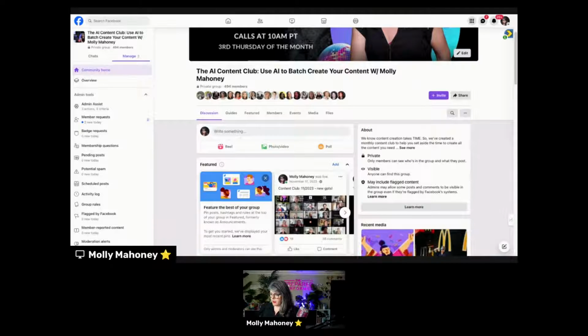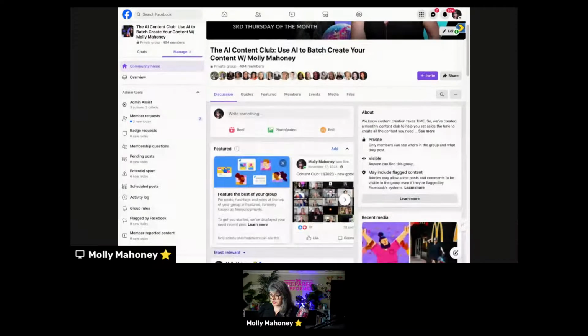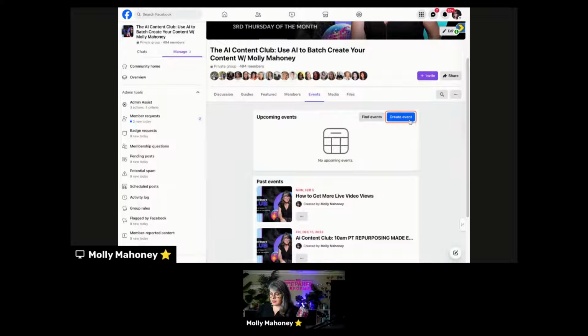Amazing. So now I'm going to go over here. In here, notice, oh, you can't even see it. That's cool. Okay, I'm right here, and the little orange thing that's popping up is because I'm creating a guide for you as I'm doing this. So I'm going to select events, and then I'm going to say create event,